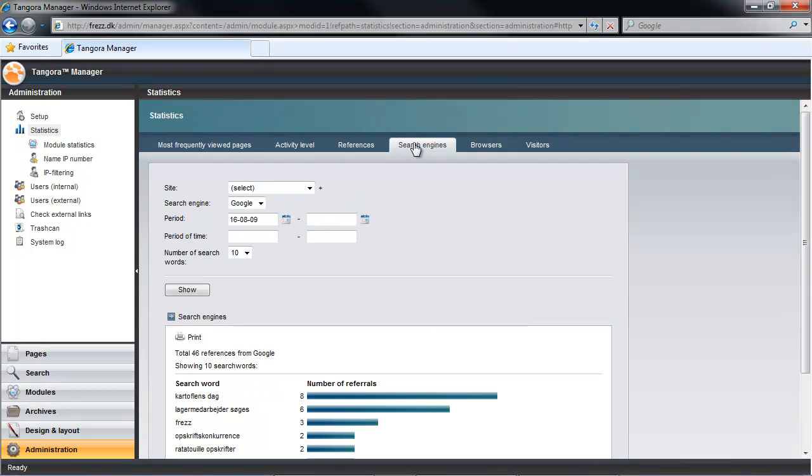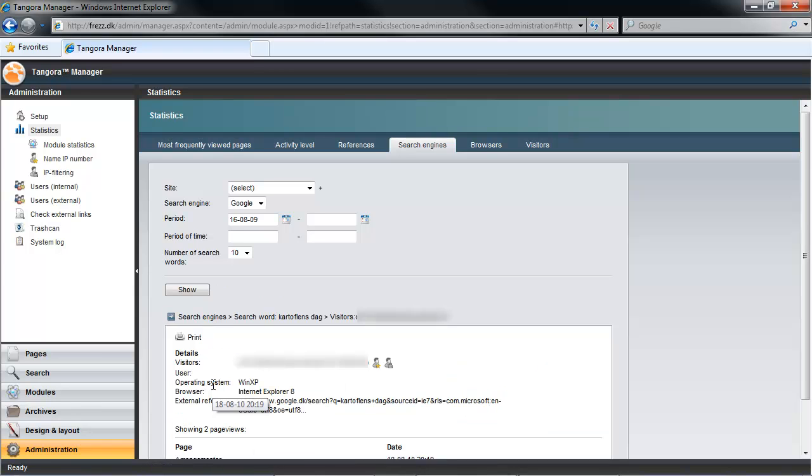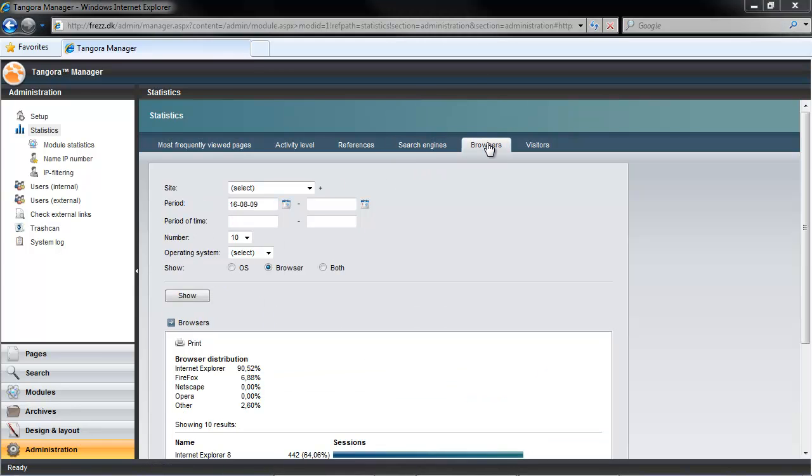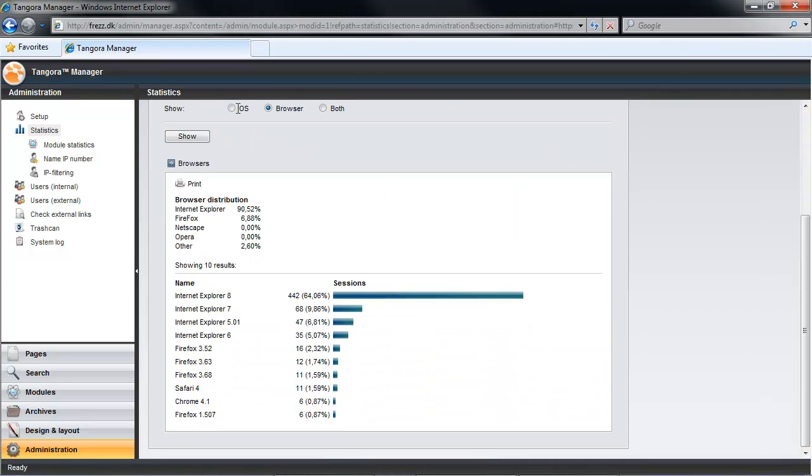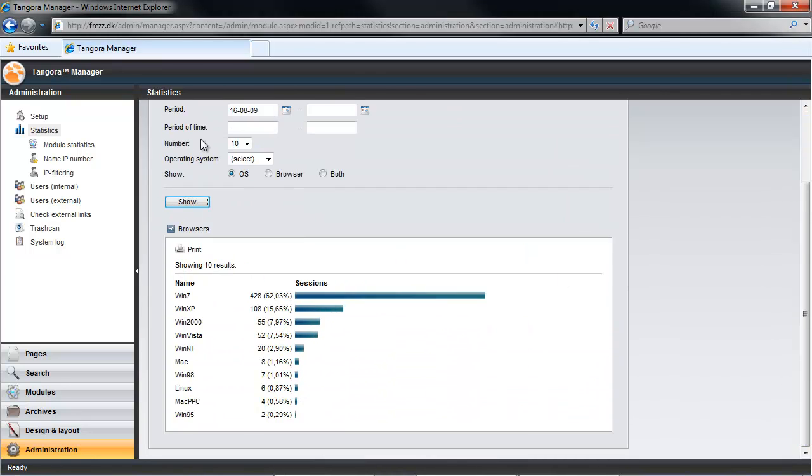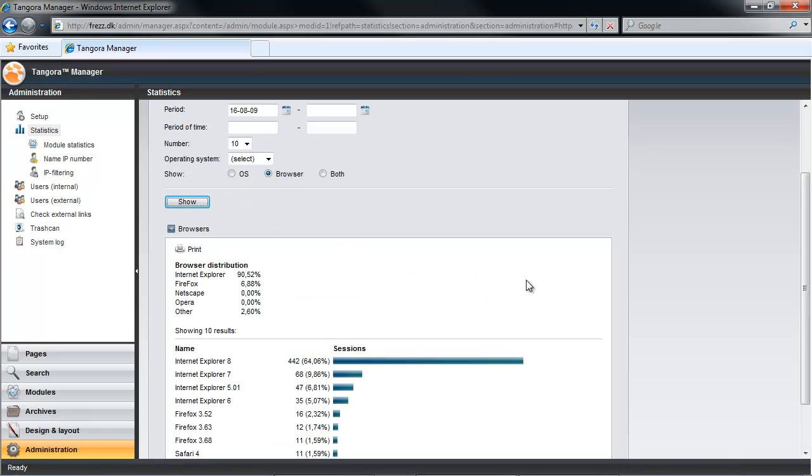The Search Engine tab lets you know which words are being used in search engines when your guests are finding you. As you can see, you could choose from a list of the largest search engines at the top, and the same pattern of being able to narrow down to a specific session is once again repeated here. Browser simply lets you know which browsers your visitors use, and you could also get information on their operating system, or OS, and you could ascertain whether a given browser is statistically important enough to bear extra consideration.